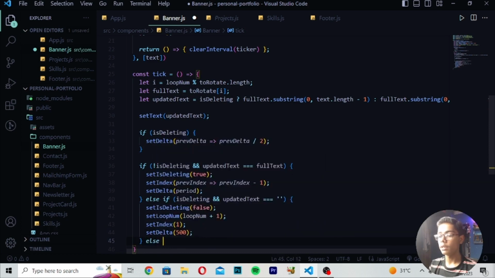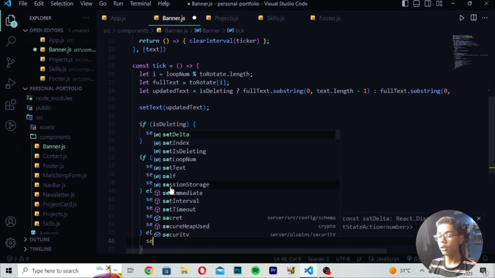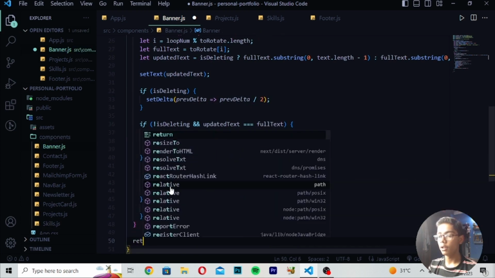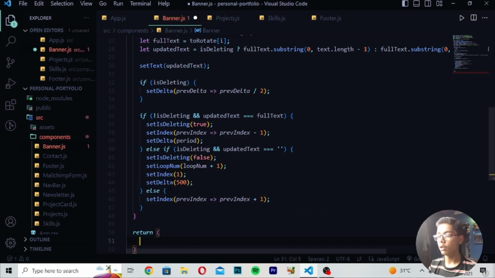and right here else value, make this curly bracket, move down, setIndex value again, and then you have to write here prevIndex. Then you have to write this tag and write prevIndex here plus one value, close this tag here. Then you have to just write here return value,